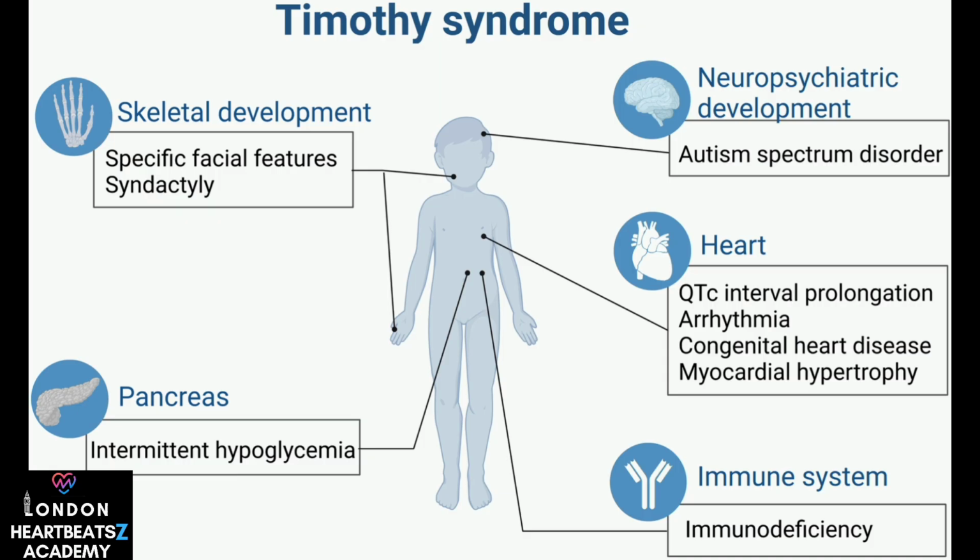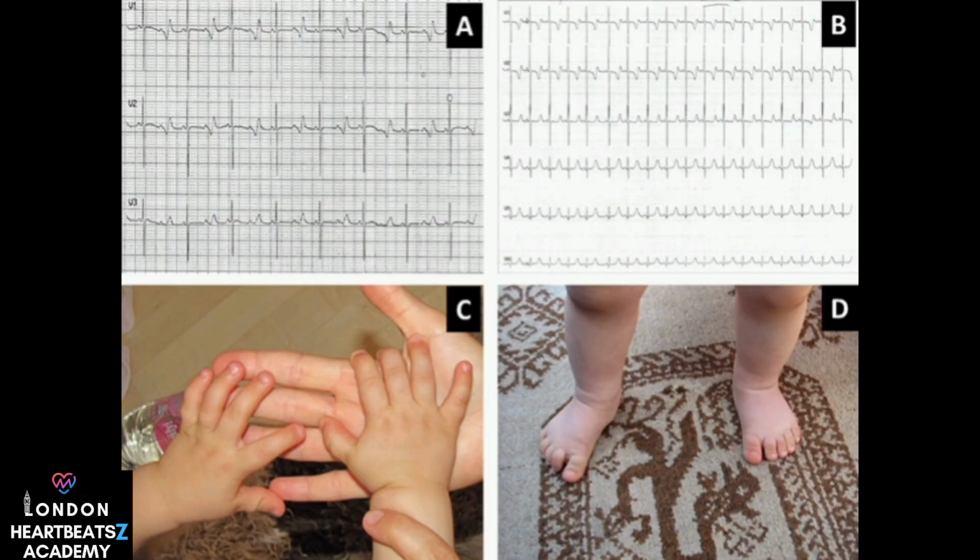The disorder stems from mutations in the CACNA1C gene. This gene encodes the CAV1.2 L-type calcium channel. This calcium channel is absolutely crucial for calcium influx in the heart, in neurons, and in other excitable tissues throughout the body. That's why the effects are so widespread. The specific pathogenic mutations impair the channel's ability to inactivate properly. This leads to prolonged calcium influx, which in turn causes markedly prolonged ventricular action potentials and, consequently, very long QTc intervals.